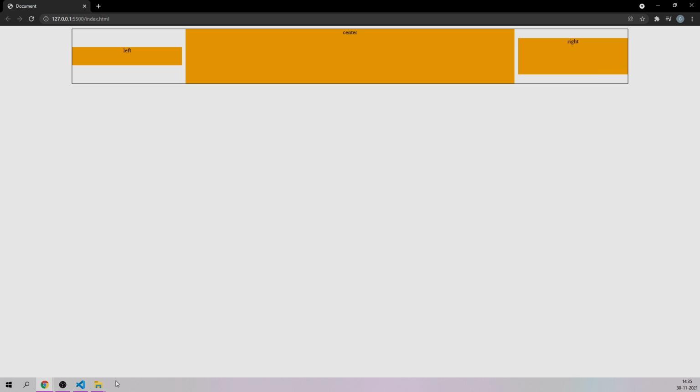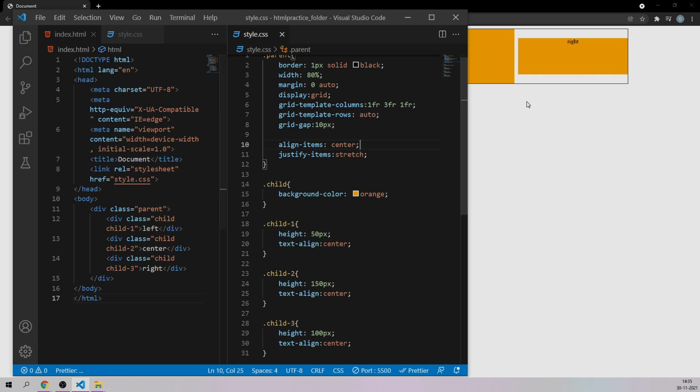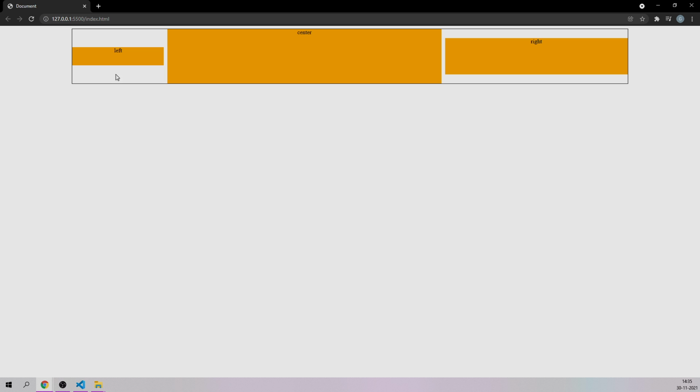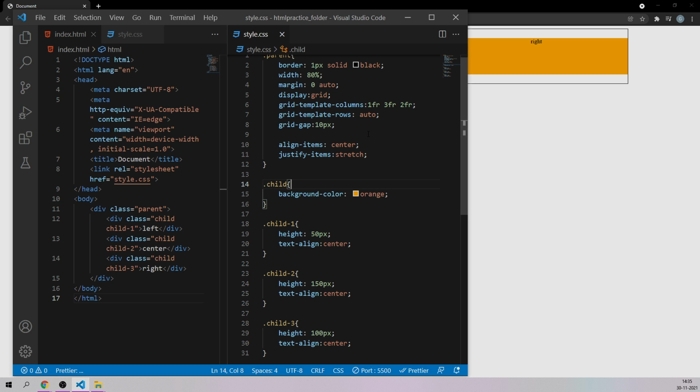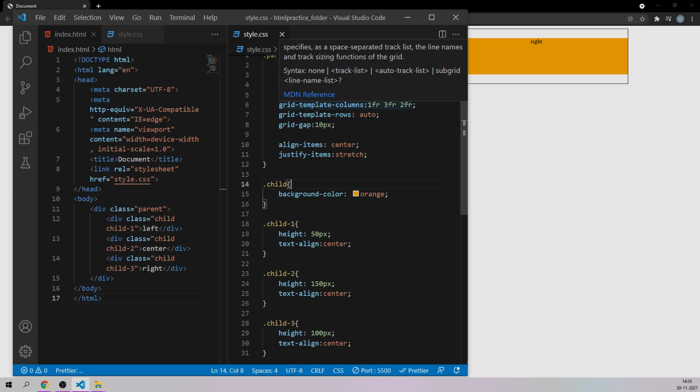Now let's say I want to make this one twice the size of the first element. I'll come here and say 2 and save it, and see, this is one fractional unit on the left side, this is going to be 2 fractional units, and this is going to be 3 fractional units. Like this you can change the width, depending upon the fractional units you mention here.